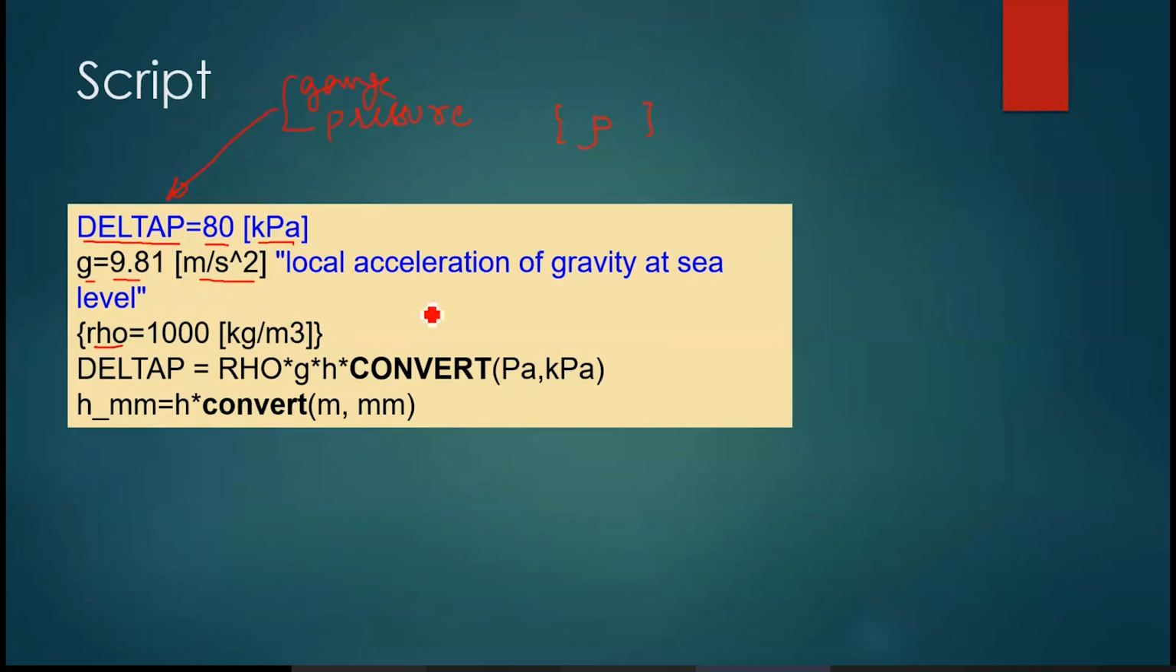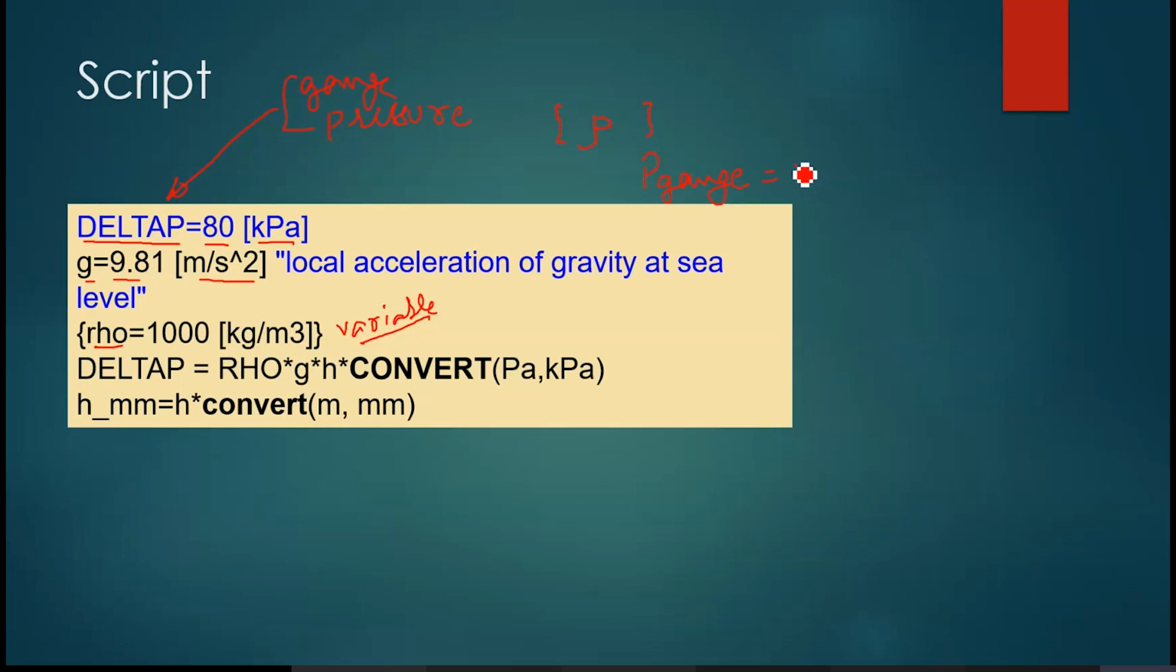So you can vary it, it is not a constant. Yes, I am using this as a variable now. All right. Then I am writing the simple equation which says that delta P or P gauge